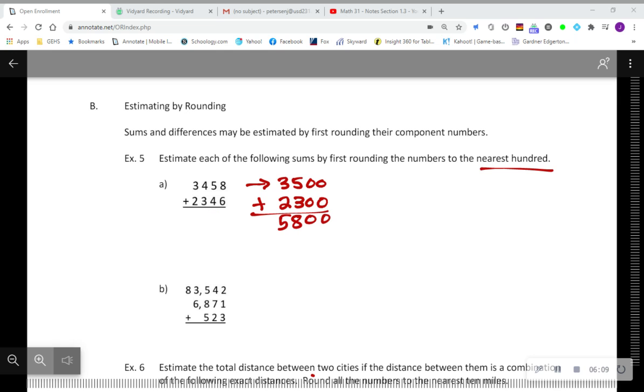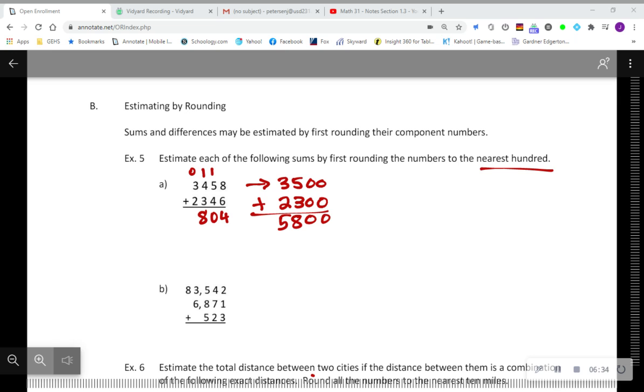So your answer would be in the ballpark of 5,800, although I think it's actually quite a bit off in this case. So I'm going to go ahead and do it and show you how far off it is. 8 and 6 is 14. The next column adds to 10. The next column adds to 8, and I'll put a 0 up there. Well, let me do this again. 14,